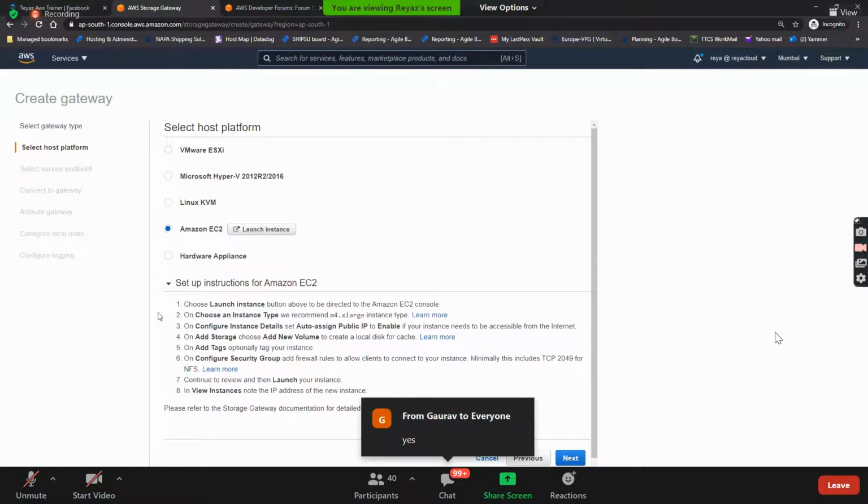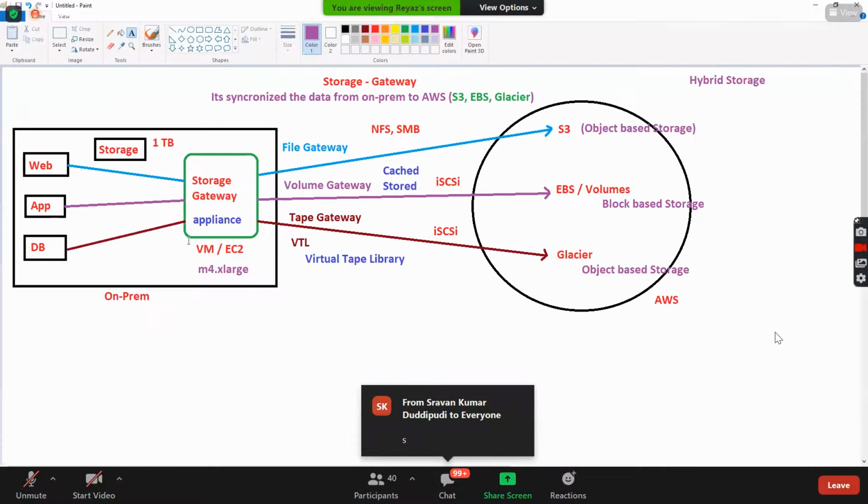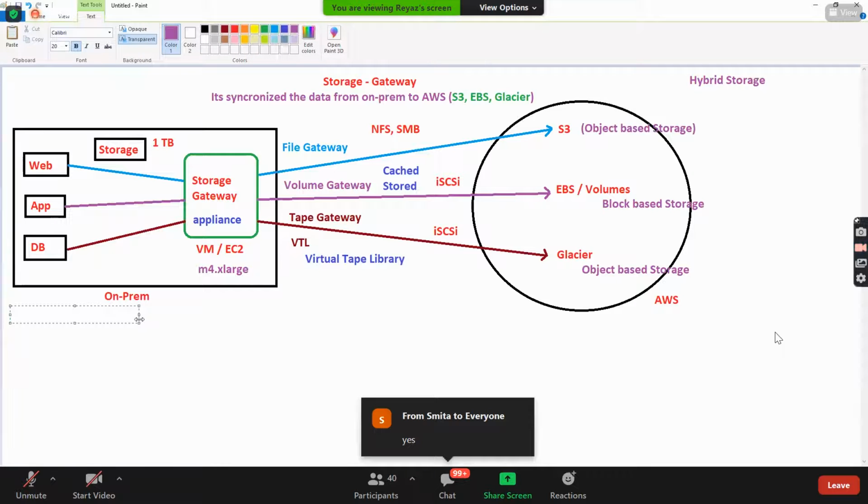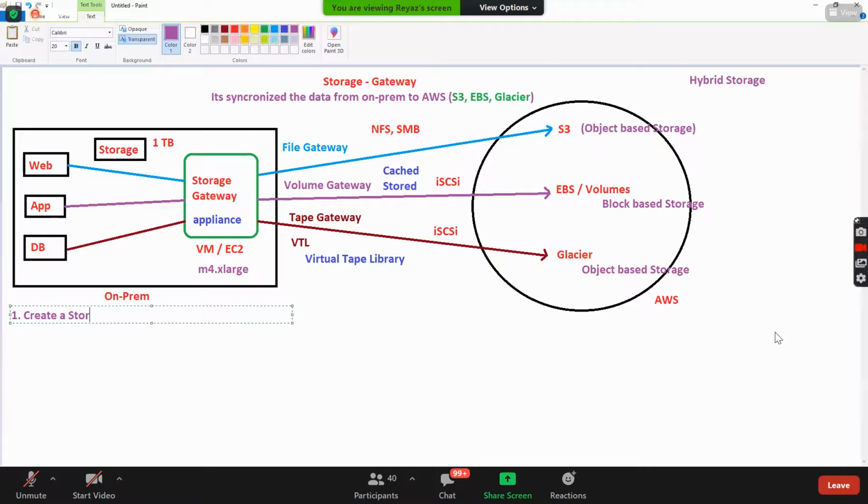Should we launch an EC2 instance? Okay. Meanwhile, I'll help you get the notes on how to set it up. What is the first step here? Create a storage gateway on EC2. Which storage gateway should you choose?